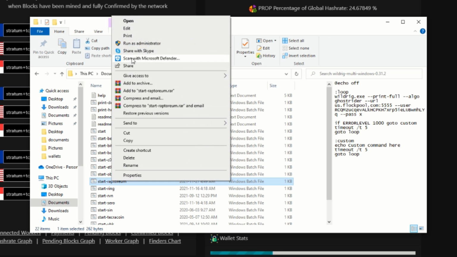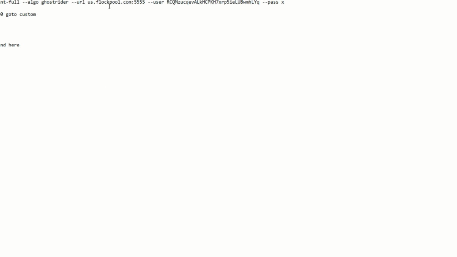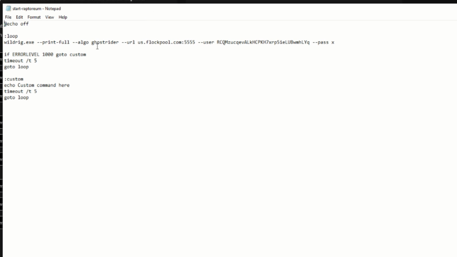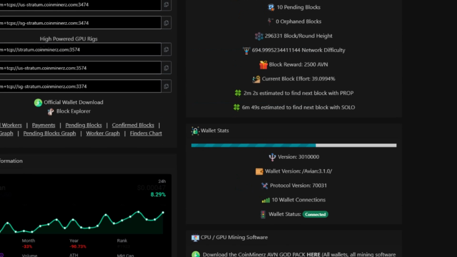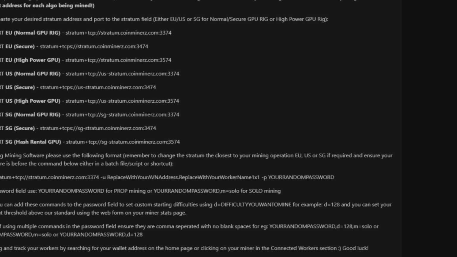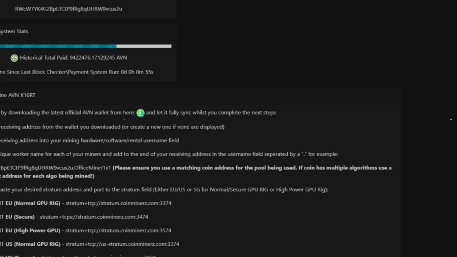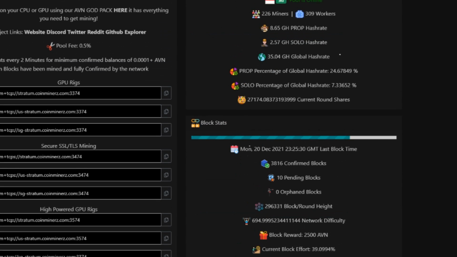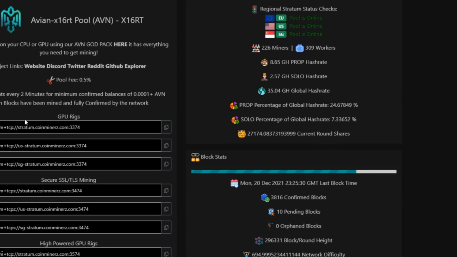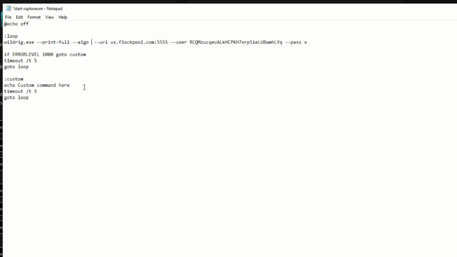So again, we're going to be picking a Raptorium one. So I'm going to go into here. We're going to have to change out our algorithm yet again with Minotaur X. So we're just going to delete this, go down to where we find Minotaur X here, scroll down. It says it here somewhere. Or no, this is X16R now. Copy that. We are not on Ghost Rider. We are doing the GPU side, which is X16R2. So we can actually just type that in here,